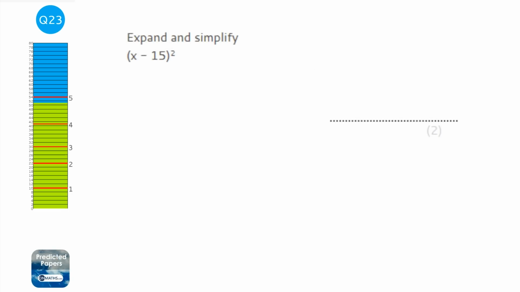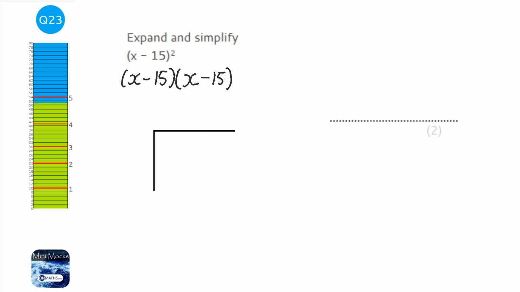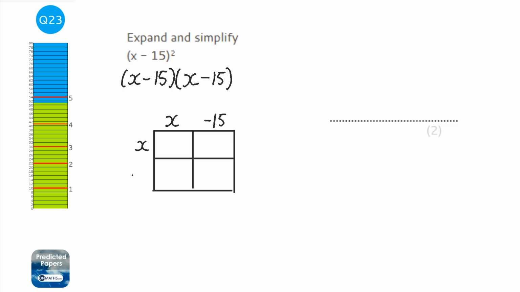Okay, so for the first thing to do with this question is to write it out twice. Whenever you square something, you times it by itself, and itself is the bracket x minus 15. And there are multiple ways of doing the next bit. I'm going to use the grid method for this one, and we put the first bracket at the top, so x minus 15, and the other bracket down the side, which is just x minus 15 as well, and we're timesing, so x times x